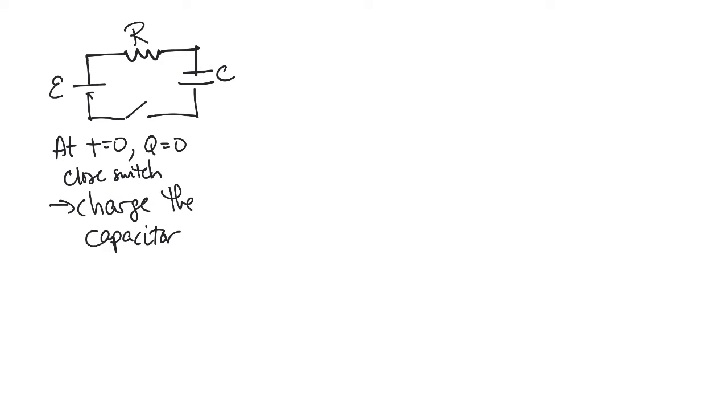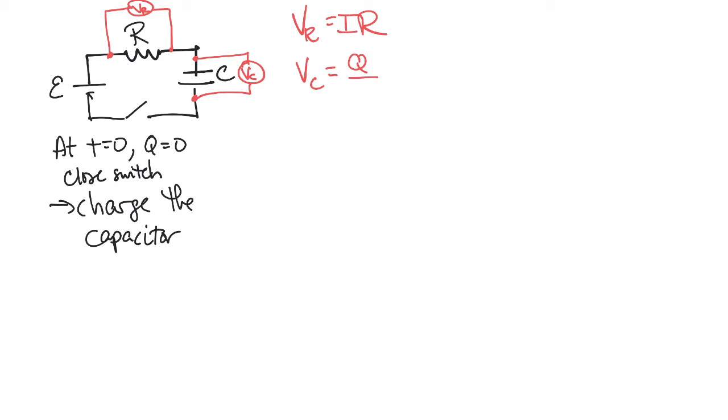capacitor. All right, so let's analyze this a little bit better, thinking really about what happens if I attached a voltmeter across this resistor, and if I attached a voltmeter across this capacitor, what am I going to see coming out of here? So we know that the voltage across the resistor is the current through that resistor times the resistance. And we know that the voltage across the capacitor is the amount of charge on each plate divided by the